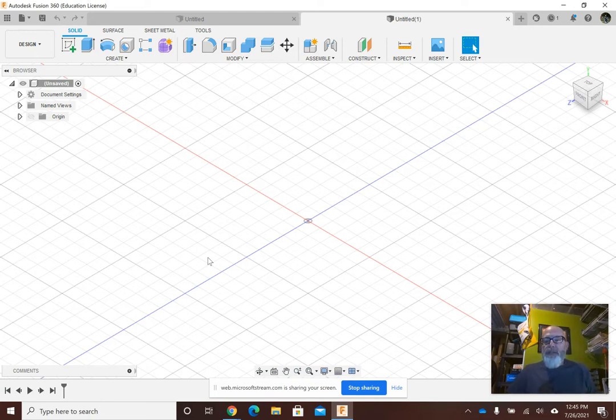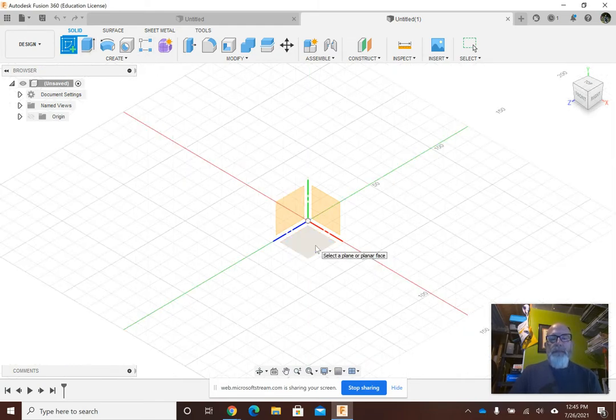So let's get started. Rectangle tool. You see my screen in front of you. We're going to start off with a sketch. We all know how to do that now, correct? If not, you've got some problems and you need to go back and revisit the introduction to sketching tutorials and maybe redo the line tutorial as well. So let's go to create sketch. We're going to pick the top bottom plane,